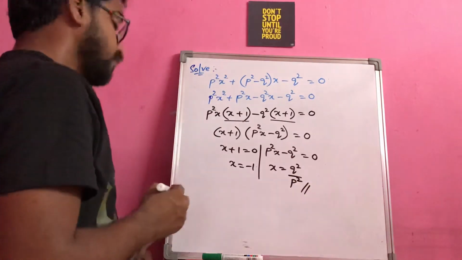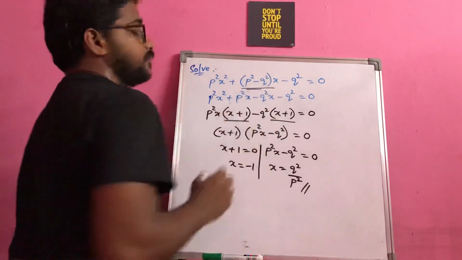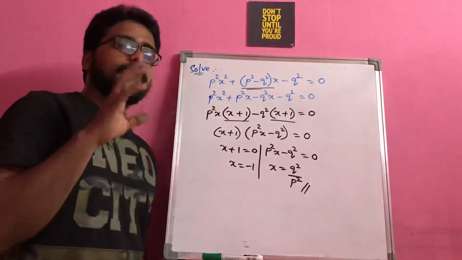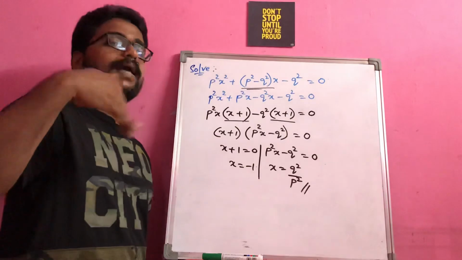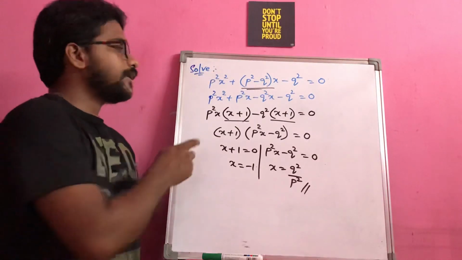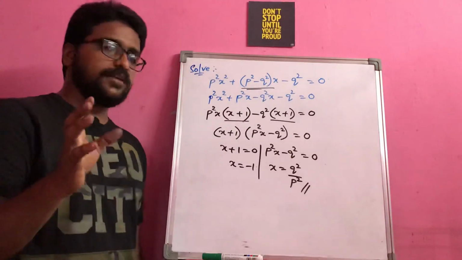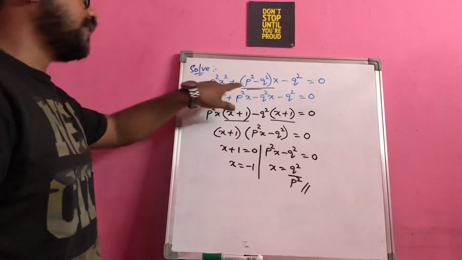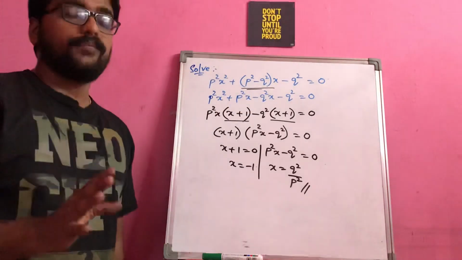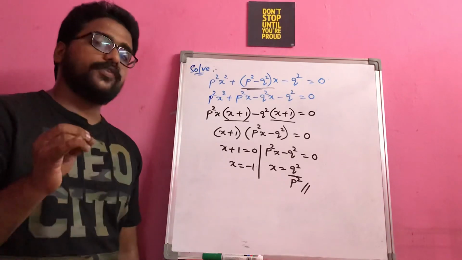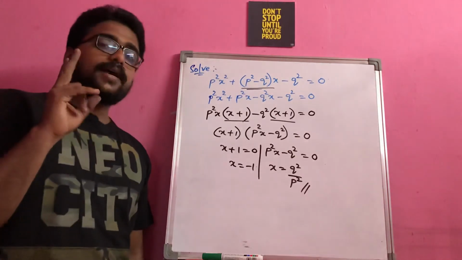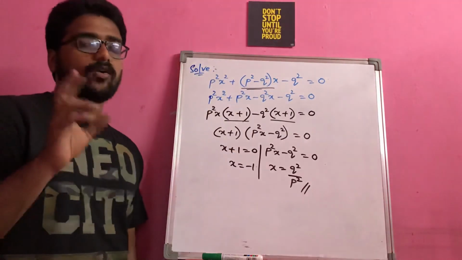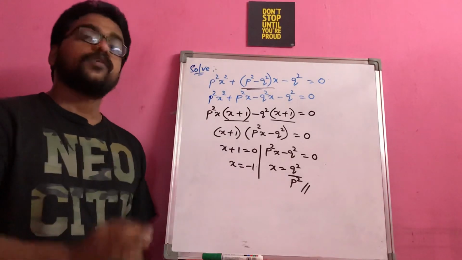See what happens here, whenever the middle term is given in terms of 2 or 3 terms, try to split like this so that your calculation part will become simple. You need not go for the previous method of procedure, multiplying the x square coefficient and the constant and simplifying; that much is not needed. Simply you will be able to get the answer just by splitting the middle term alone. So in the given question, if you are having the middle term as a 2 terms representation, try to expand it and then look for taking common so that your calculation part will become very simple.